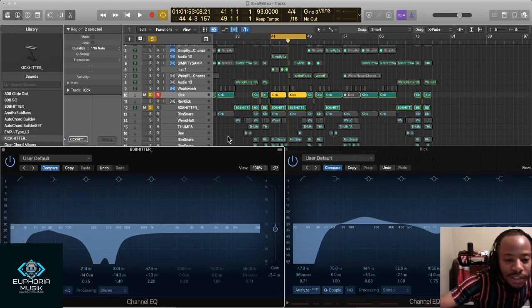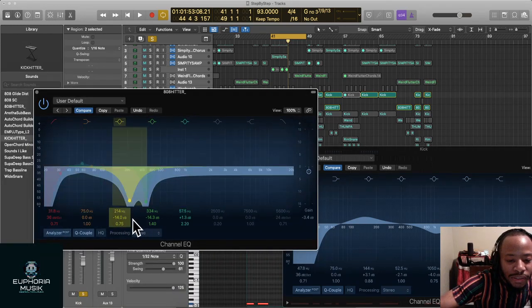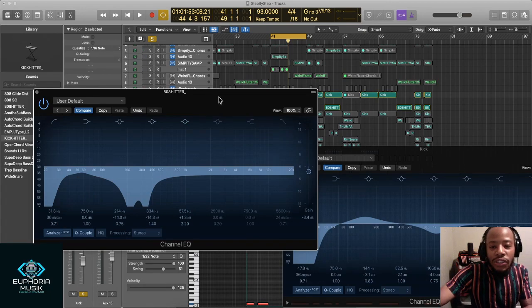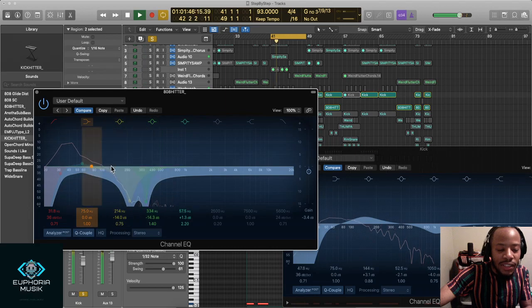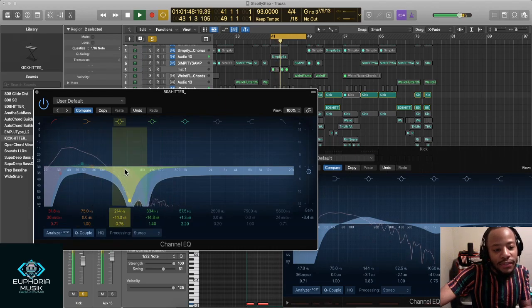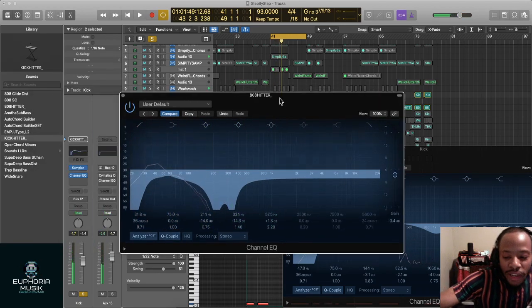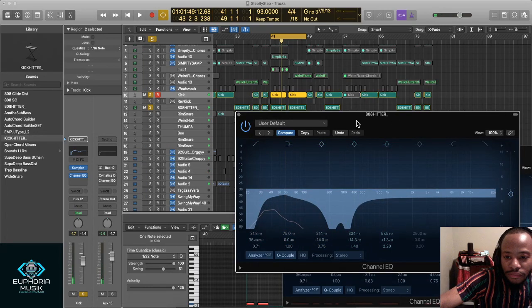This one, it's just a graphic channel EQ that shows, like, it just has a visual. And this is just the regular Logic EQ. It isn't anything special.